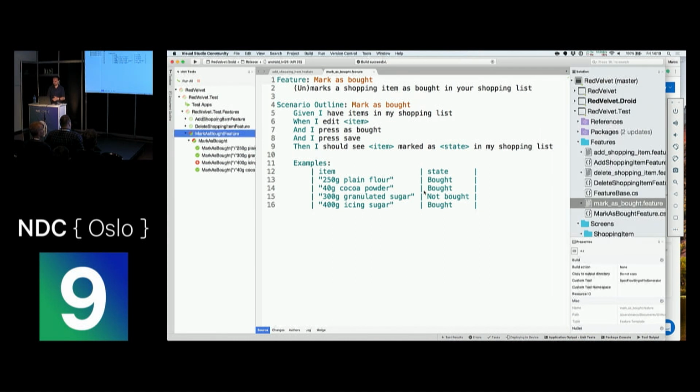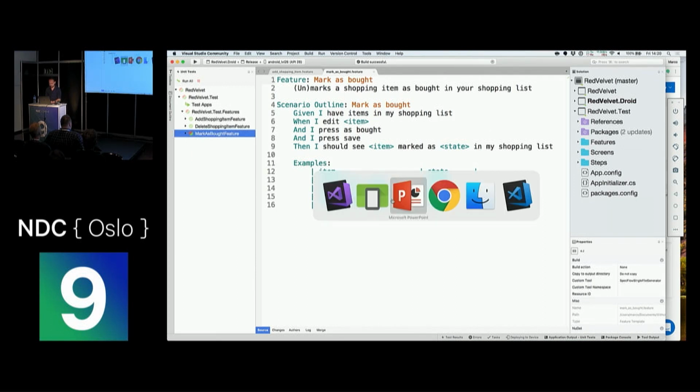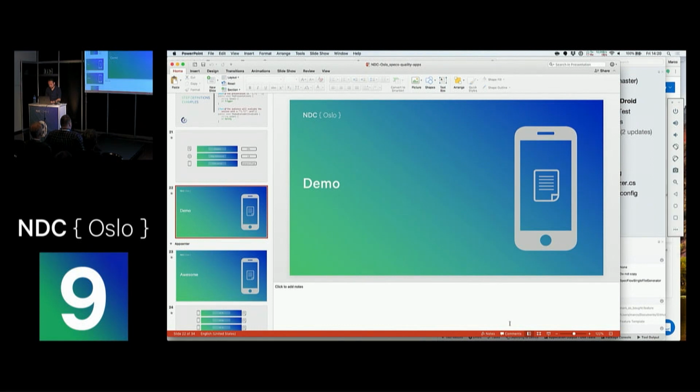As you can imagine, there will be a lot of feature files inside of this solution, but the most prominent part is that because it's inside of your solution, your documentation and your code will always be together, instead of having a Git repo for all your code and some other file system where you write down the use cases, and they tend to go out of sync. But with this way of working, it doesn't go out of sync, and that's pretty powerful. So let's go back to some slides right now.